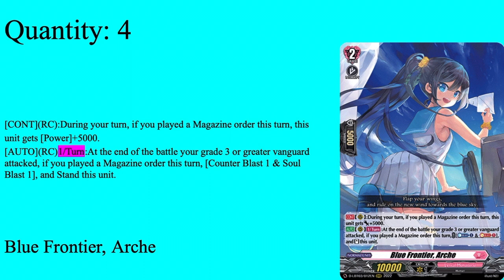4 copies of Blue Frontier Arch. So, aka the only card I think of when I talk about restanders in D. Because for some reason, a lot of decks in D, not every deck in D, but a lot of decks in D have restanders. For some reason, whenever I think of restanders in D, this is the first thing that comes to mind, and